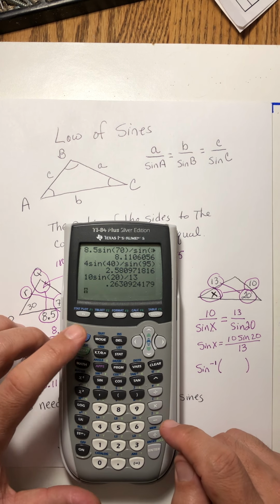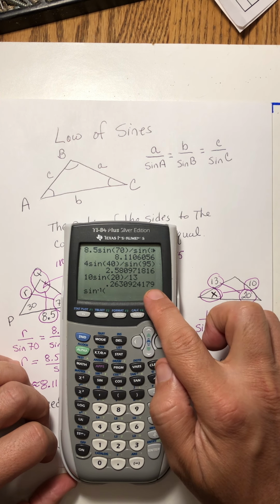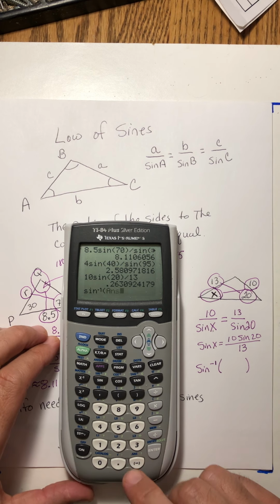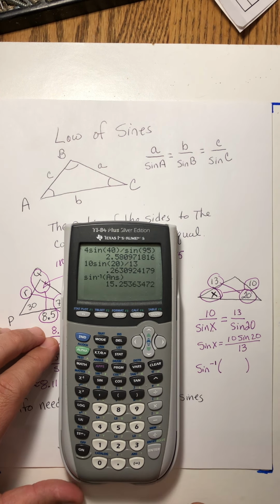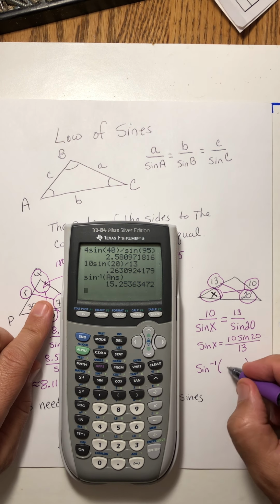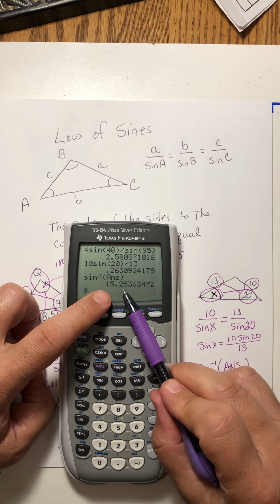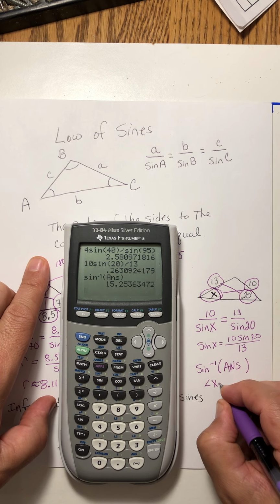So second sine, and then I'm not going to type in all those numbers. I'm going to use my second ANS. Close parentheses, hit enter. Now, what you are looking at is the angle in decimal format. So right now your angle x is equal to